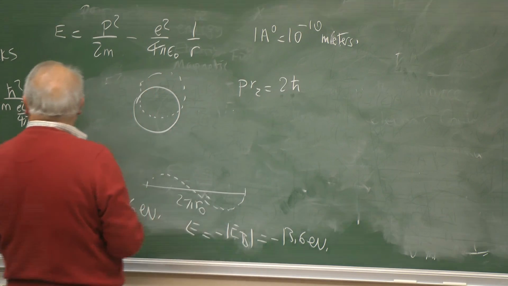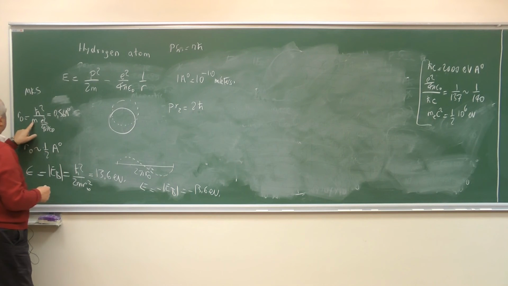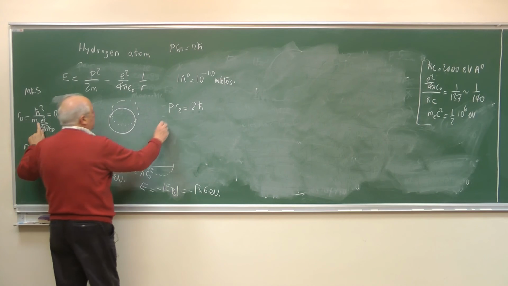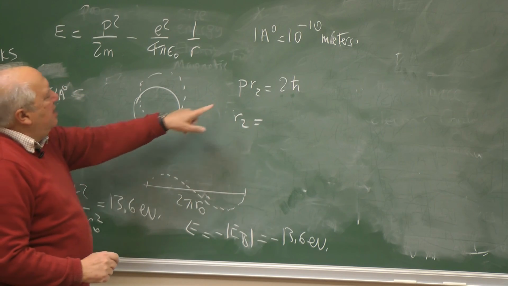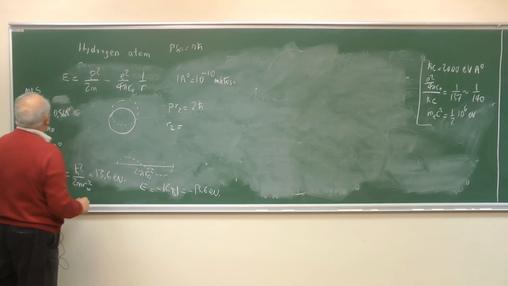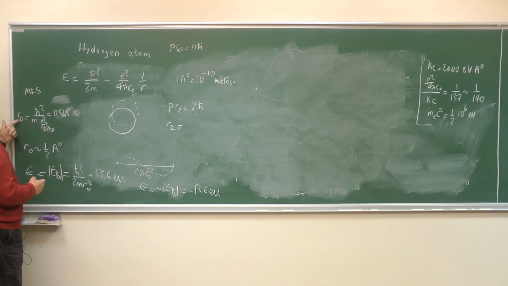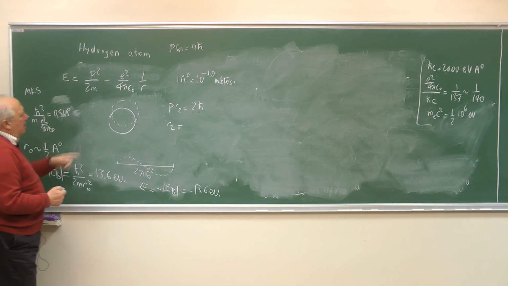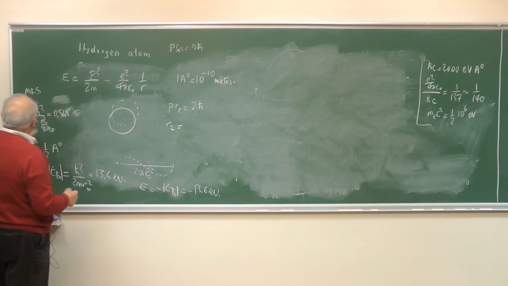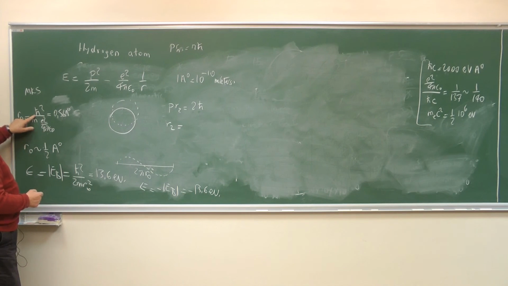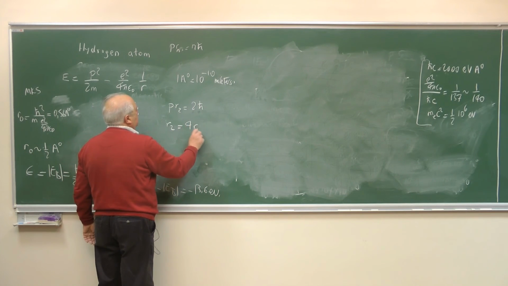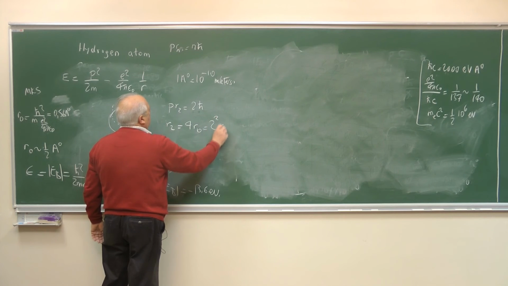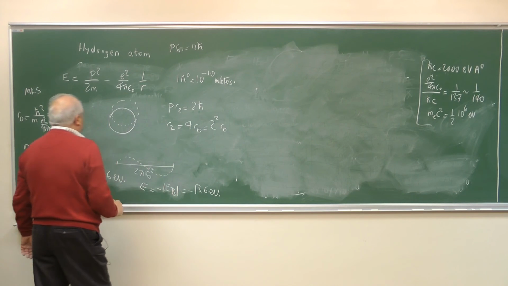So let's check with R0. These are all constants. So R2, I'm calling it R2 because that's n equals 2. For n equals 1, we use R0. So R2 will have 2 h bar squared, so it is 4 R0. It is 2 to the 2 R0. And how about